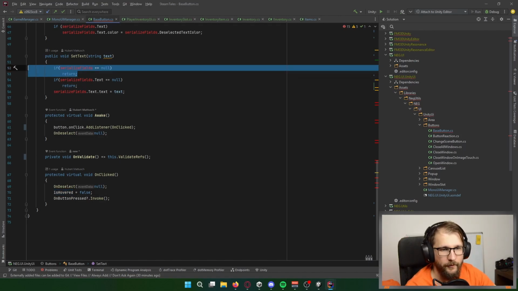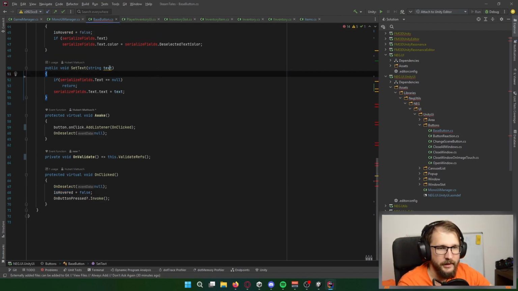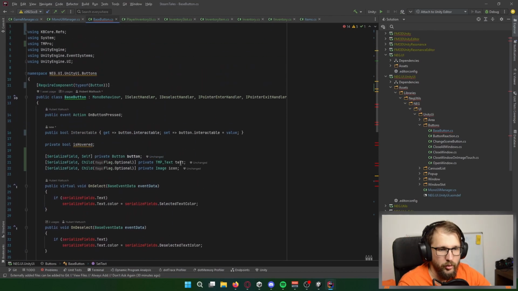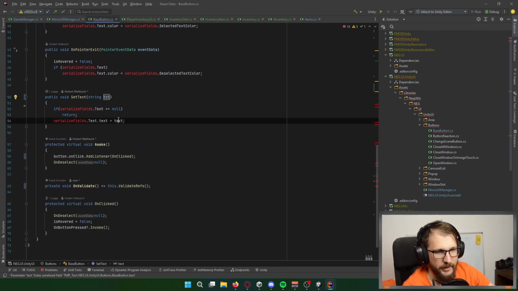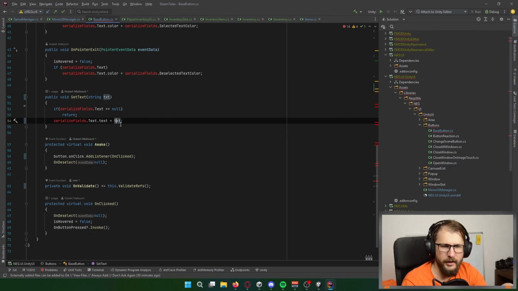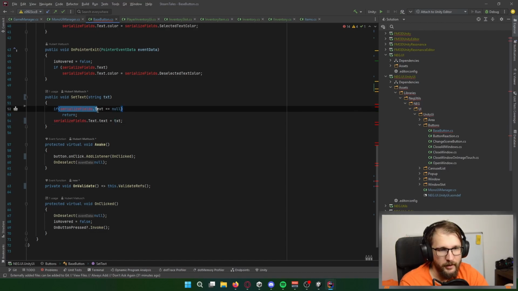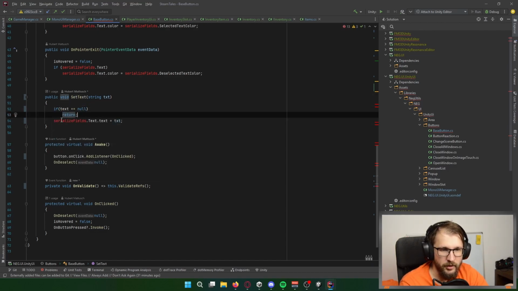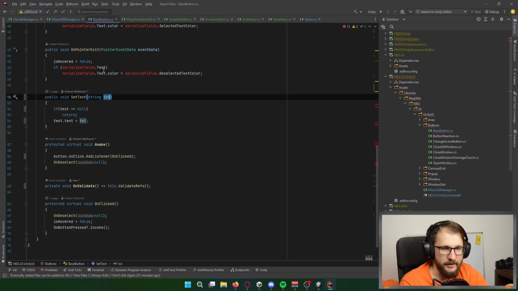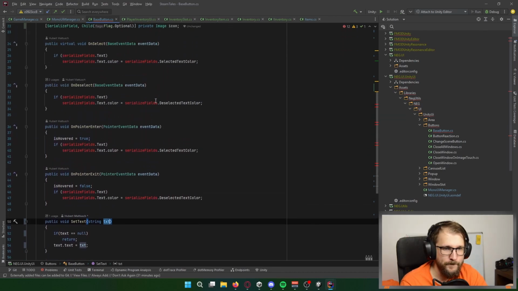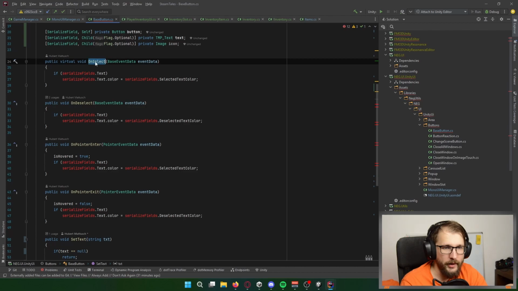So here with this set text, I want to make it a txt, so it won't just underline this as an error, as a warning, sorry. So if text is set to null, just return. And of course, another way, set this text to the text that is passed here. So when its item is selected,